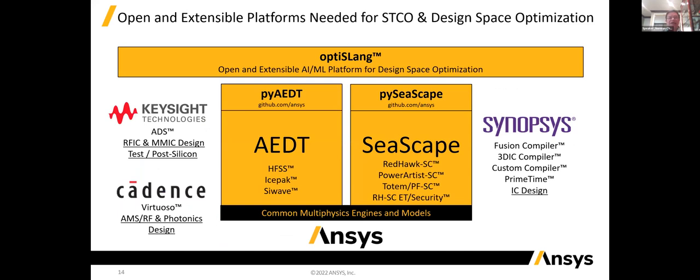The other area I want to talk about is that for the industry, we need to have an open and extensible AI/ML platform, not only for system technology co-optimization, but also for the design space optimization, as mentioned by Jimmy. So here we try to provide the API for our tools, including ADT or the CSCAP platform. Now we have an API to provide designers access to some of the internal and external information, and they can use that information and write a Python script or use OptiSLang for the co-optimization.